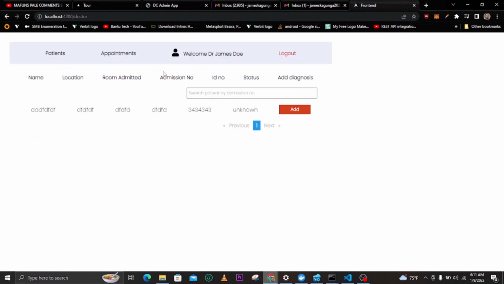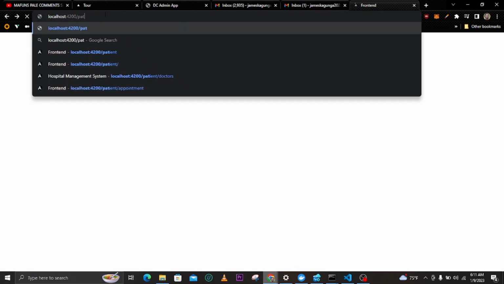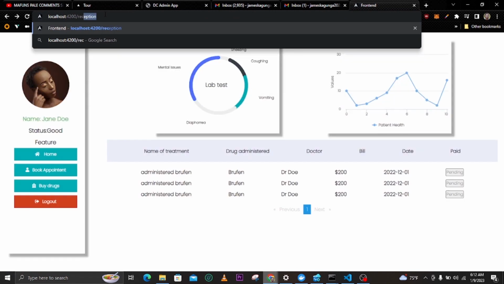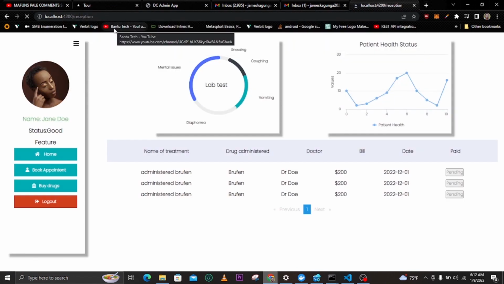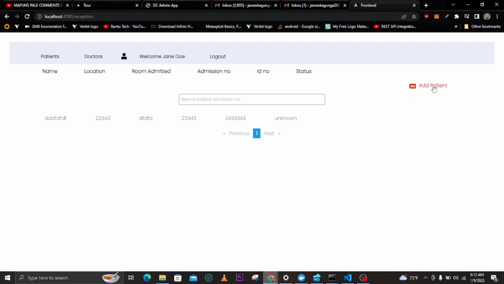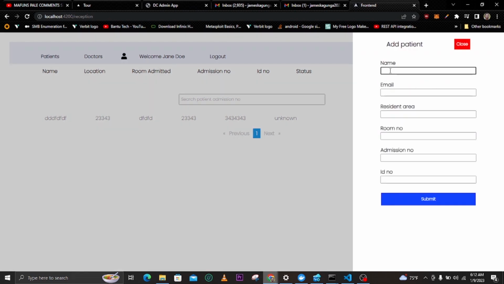And now here let's add treatment. So this is a patient. We need now another thing, that we need to add the patient. So reception. So let's go to reception. Okay, so the reception is the one that is admitting the patient in this hospital. So let's create a patient here so that the doctor can be able to select that patient and then add treatment to them. The first thing that we'll add here, we call this patient Jane,